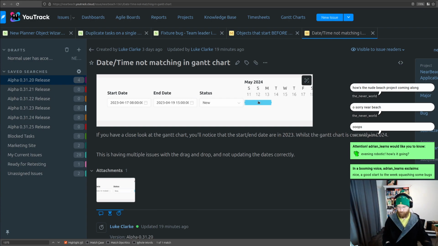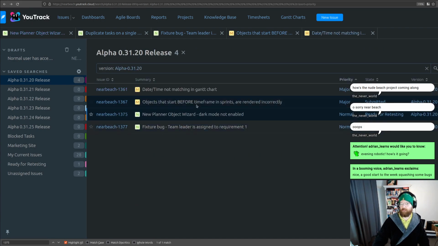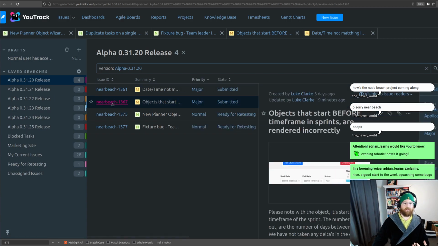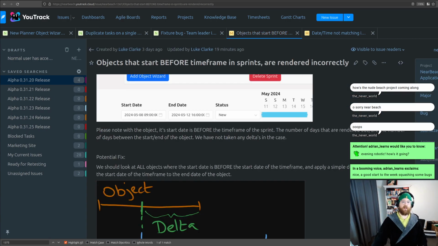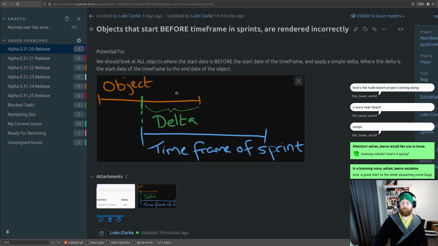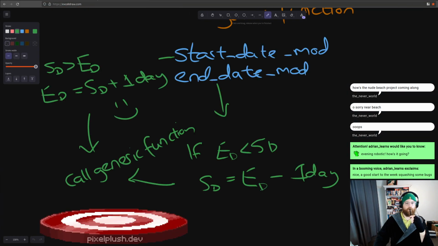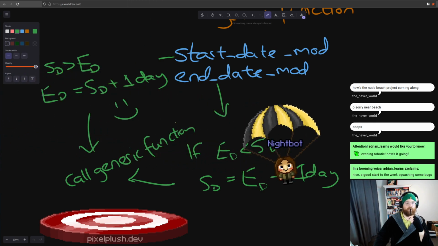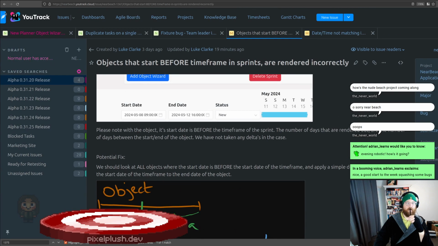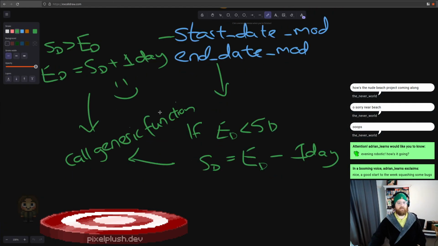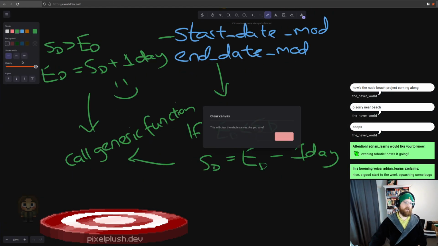So what we've got to do is remove something like that, making sure it doesn't render. The other one, objects that start before the time frames, we need to do this delta. And this is where I've got to figure this out and be like, all right, how am I going to do this? So if we reset the canvas,